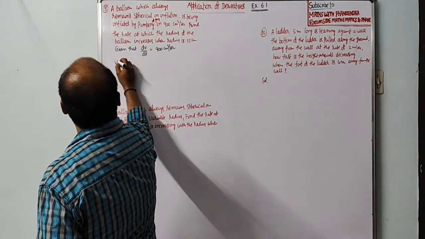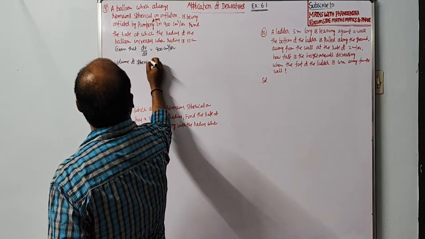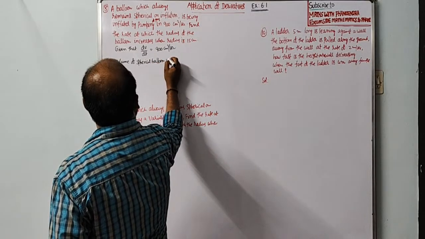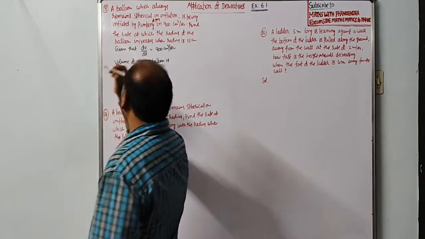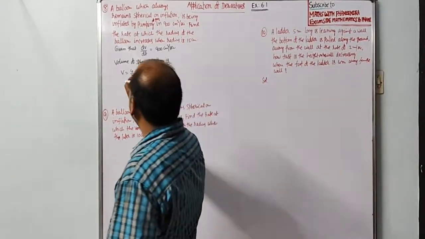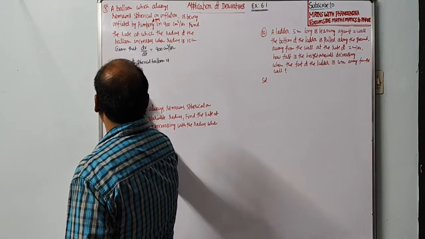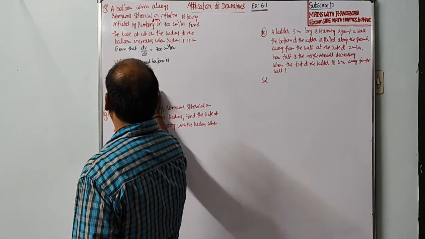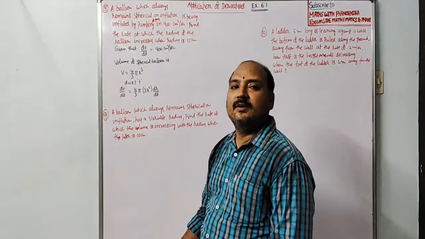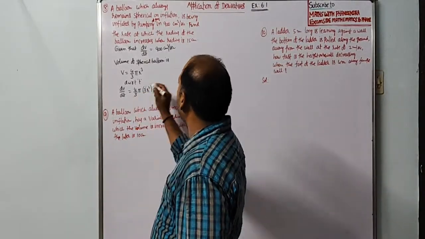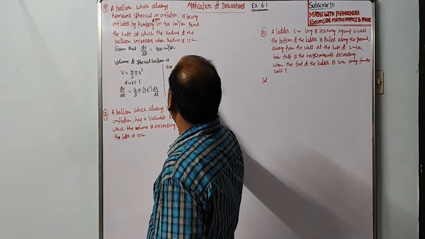So, volume of spherical balloon is V is equal to 4 by 3 pi r cube. Okay. Differentiate with respect to t. So, dV by dt is equal to 4 by 3 pi is constant, r cube derivative is 3r square. Again r derivative is dr by dt. So 3 get cancelled. dV by dt value is given as 900 is equal to 4 pi r square into